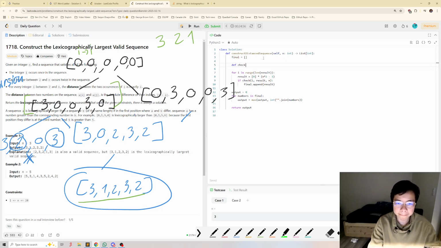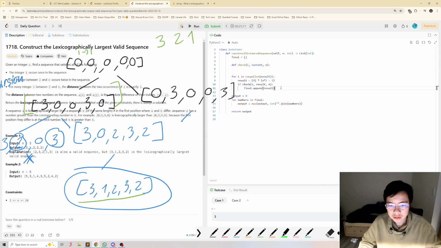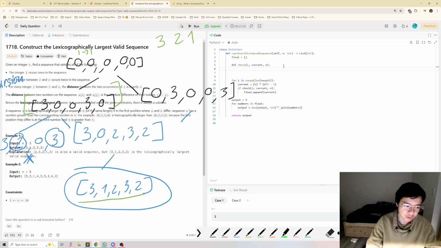Check my result will be current, and okay. This one will be, yeah, no, it's not good. Current, yeah, I put it because it makes more sense for me. Okay, so the check will be if